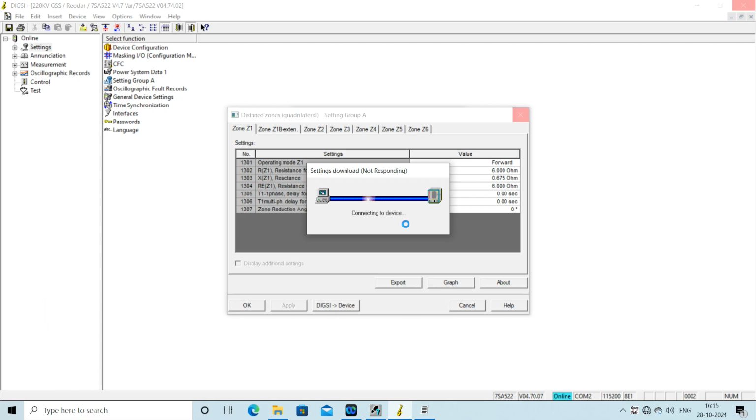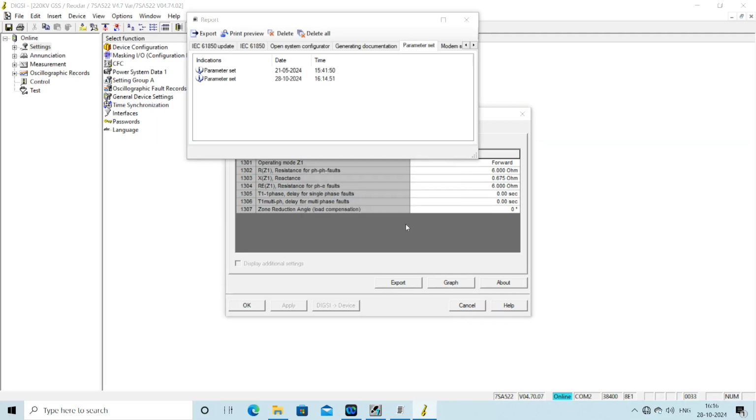Now in the next part I will show how to use Ethernet communication through a LAN cable to communicate with the Siprotec relay. This DB9 port, or serial communication port, in the case of Siprotec relays is available on the front of the relay as well as on the back side. Maximum time we use the front port,